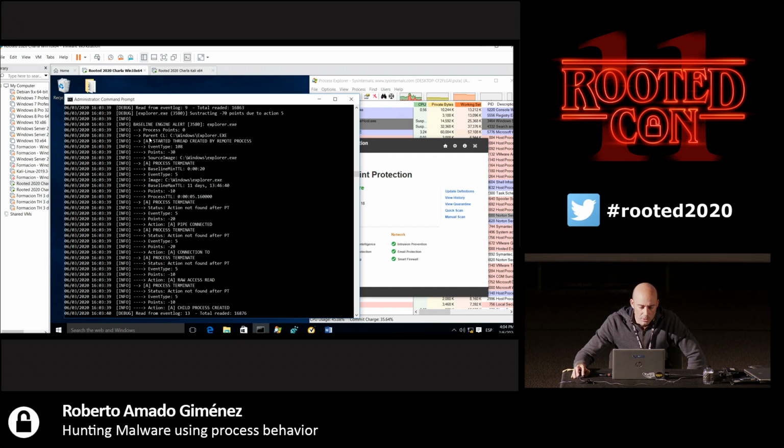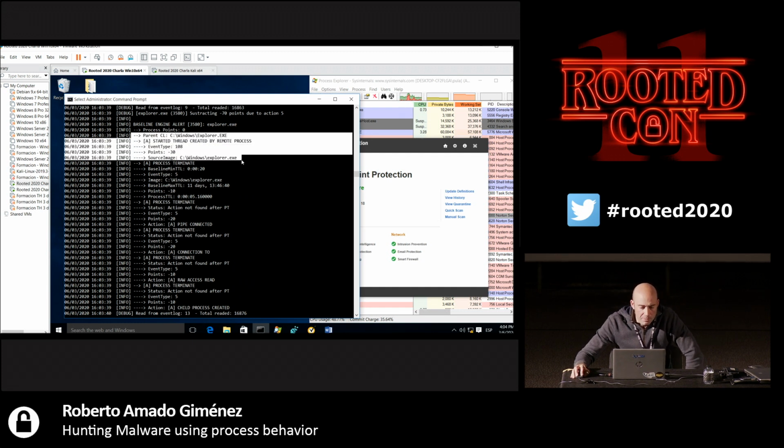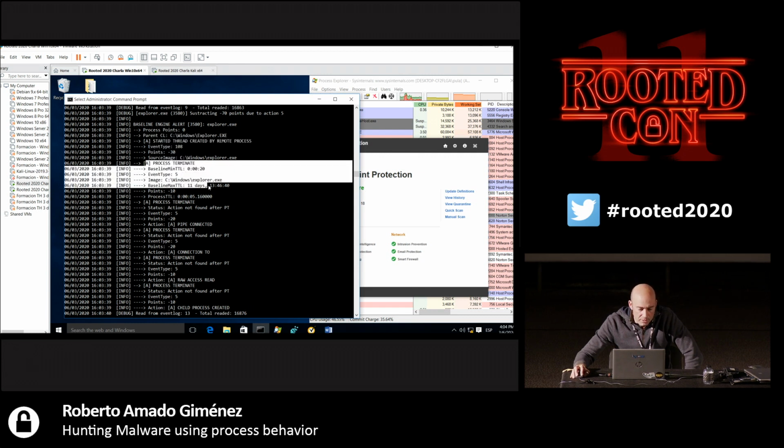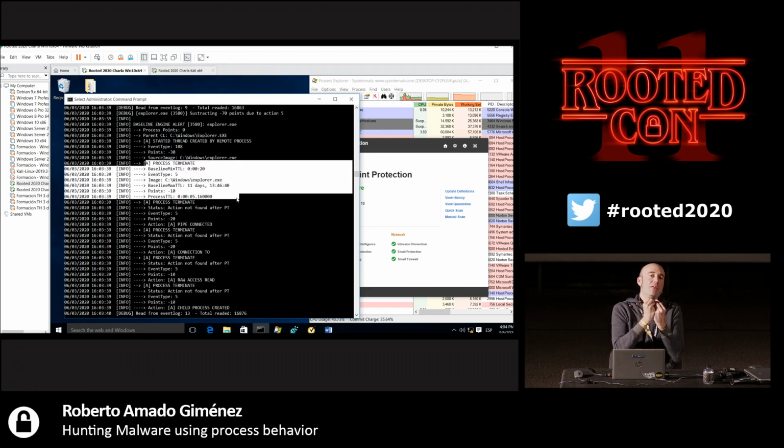What's been detected? The correlator told us someone has created a process in the Explorer, and then this process had terminated too soon, too early, too short-lived. In general, they should live for 20 seconds. That's a normal thing: you start your machine, the Explorer is created, and then you switch it off and the Explorer dies after 20 seconds. This Explorer did last for